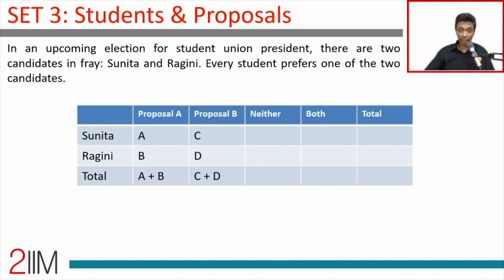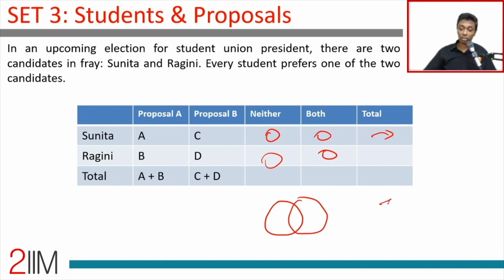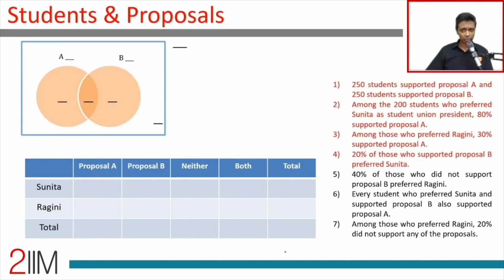And so A plus C, there could be something here, here, here, and the total could come out to be something very different. Keep that in mind when you're capturing data: one of these data sets is in the set theory framework. The other one is in a nice table framework. Keep that in mind because that distinction is going to be very crucial. Now let's go to the data points.